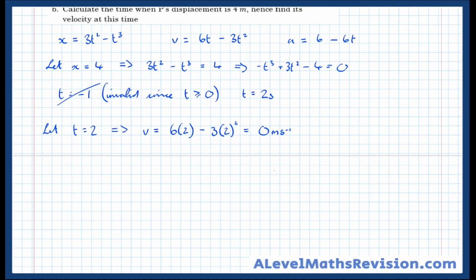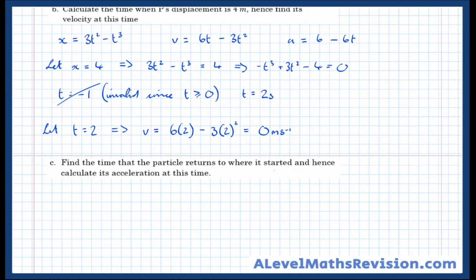And then finally we'll extend the question one more time, and there it is there. Find the time that the particle returns to where it started and hence calculate the acceleration at this time. So the particle returns to where it started when its displacement is 0. So we're going to let the displacement be 0, which means that 3t squared minus t cubed equals 0. Calculations, admittedly, we've already done earlier on in the question. And then taking out a factor of t squared, we get 3 minus t in the bracket, which is equal to 0,